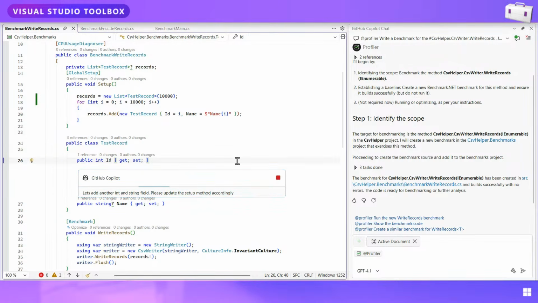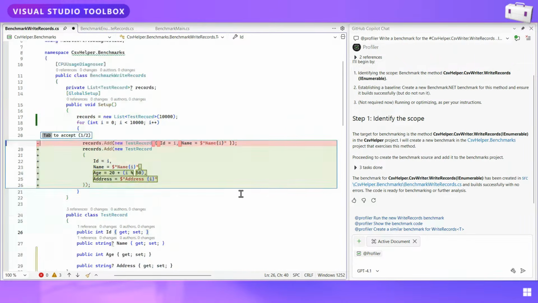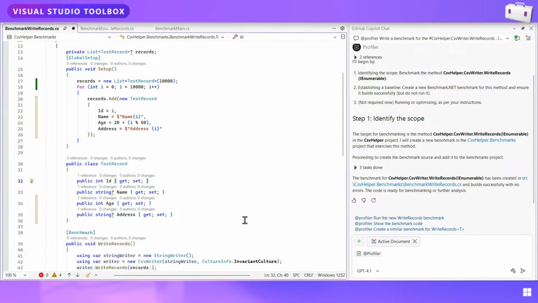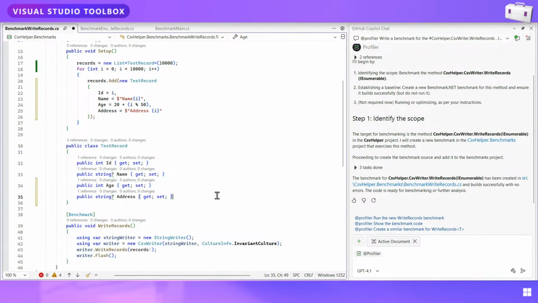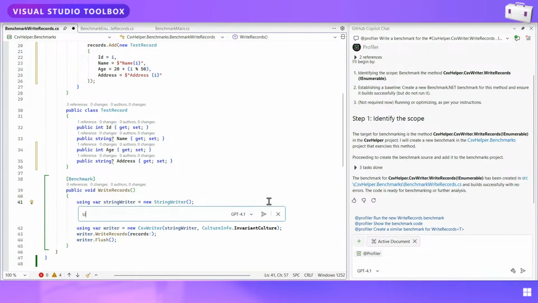And then I can give Copilot little tasks. This is why I put that thing at the beginning that was like, hey, please don't go ahead and run the benchmark, because I want to review what it's doing and give some input. I can really come to Copilot with the thoughts and the ideas, and it can take care of the actual implementation. So you can see it added an age and an address to our test record. It really doesn't matter what the fields are. We just want to make sure that it can actually write them. And then you can see it creates a new string writer, CSV writer, it writes the records, and then it flushes it out. There's one more change I want to make, which is